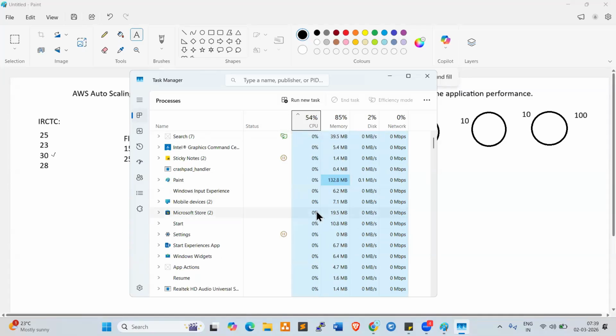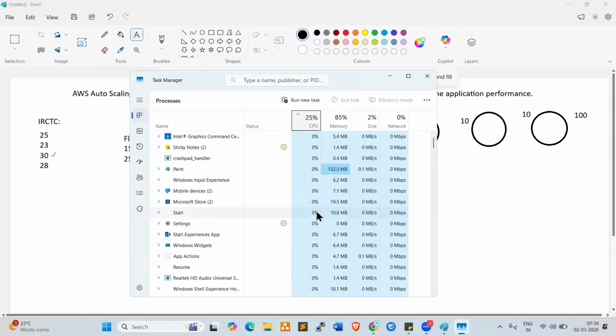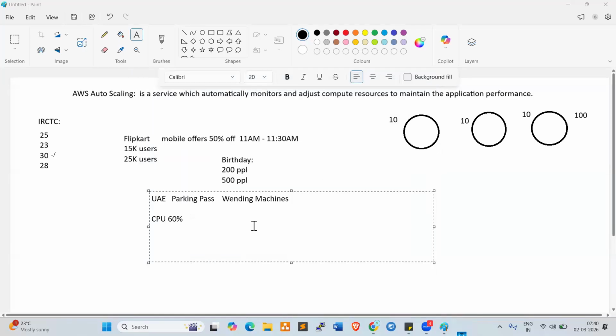Once the CPU utilization reaches 60%, 70% or 80%, what will happen? The laptop performance will be impacted, and applications will not be accessible properly. Slowness issues, performance issues. In the same way, in the parking pass project, we configured that whenever CPU utilization reaches 60%,